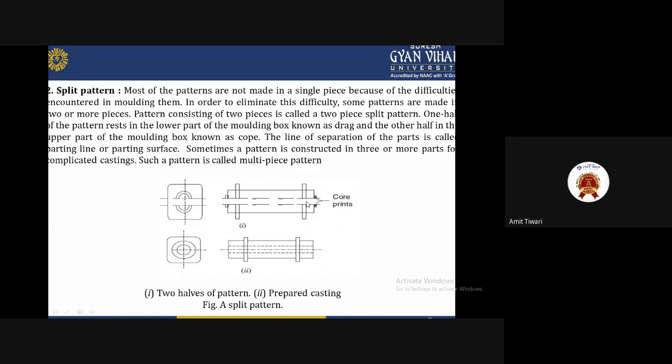One half is the upper part of the molding, which we can say is the top, and the lower part of the molding we can say is the drag. So this pattern is made up of two sections, and that's why we can also call it a double split pattern. So in this diagram we can see here